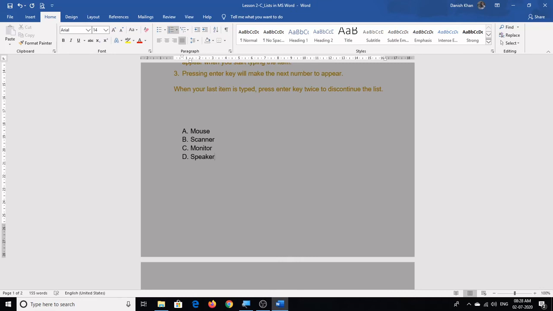Now if you are pressing the enter key, the next item number appears. But suppose you want to finish the list over here, you don't want to type any more item in the list, you can press enter key again. So your list numbering stops and you can type the next sentence or whatever you want. These are the input output devices.